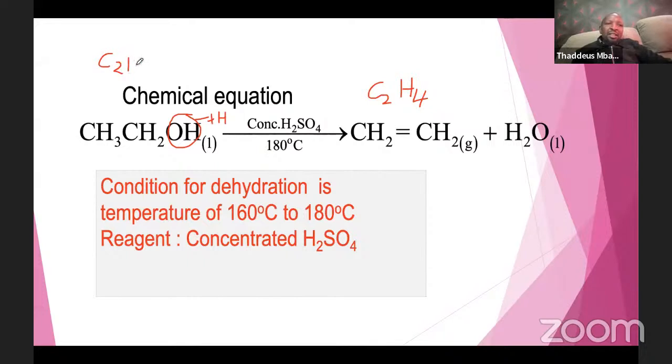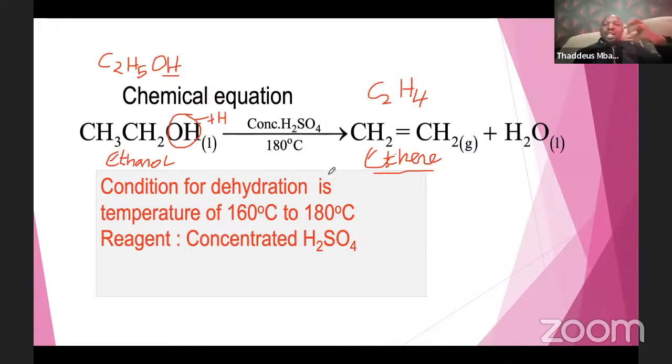We can still summarize the formula of ethanol as C2H5OH. So you can simply get this OH and remove one hydrogen here. So you remain with C2H4. If this is ethanol, I think it's important for the student to understand: if this one is ethanol, you get ethene. So from ethanol, you get ethene.